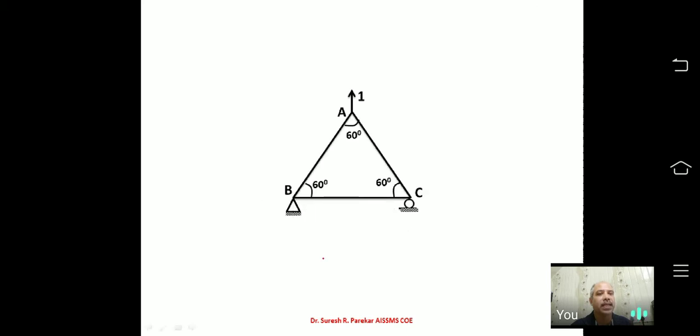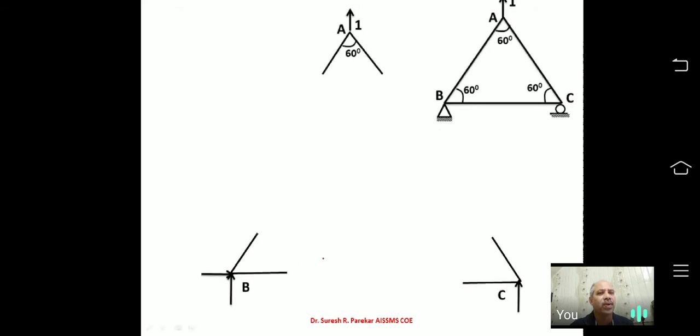Now the change we have is for the K forces. We have assumed a K unit force in the upward direction. You can assume it in the downward direction. If I have assumed upward and I get a minus value, that means my displacement at A in the vertical direction is downward. So that is the only change. If you consider downward and you get a plus value, it shows your displacement is in the downward direction only.